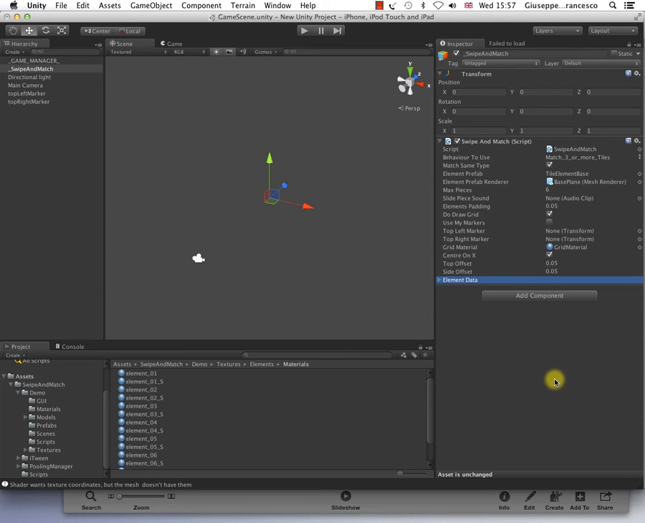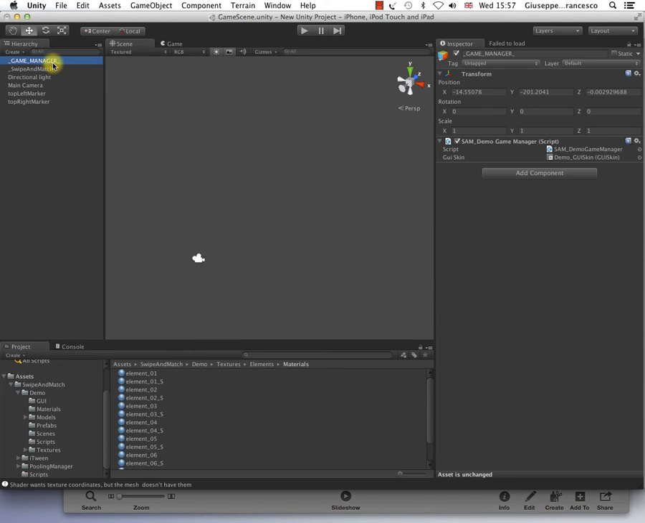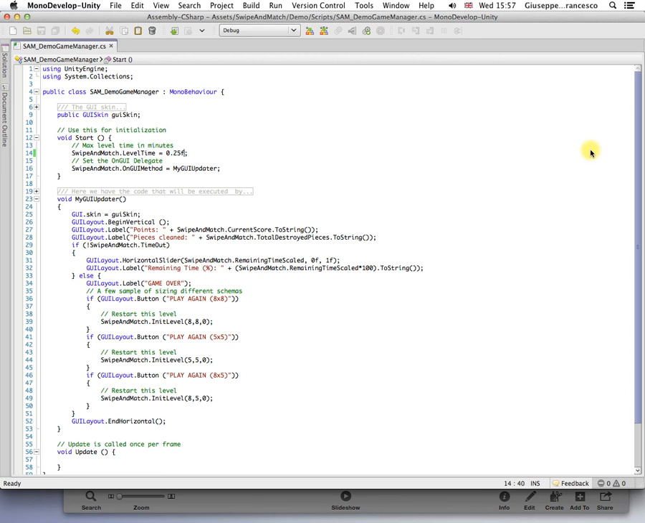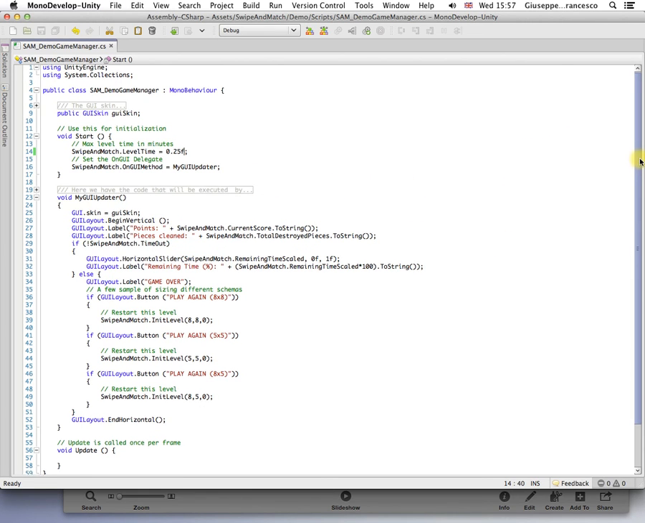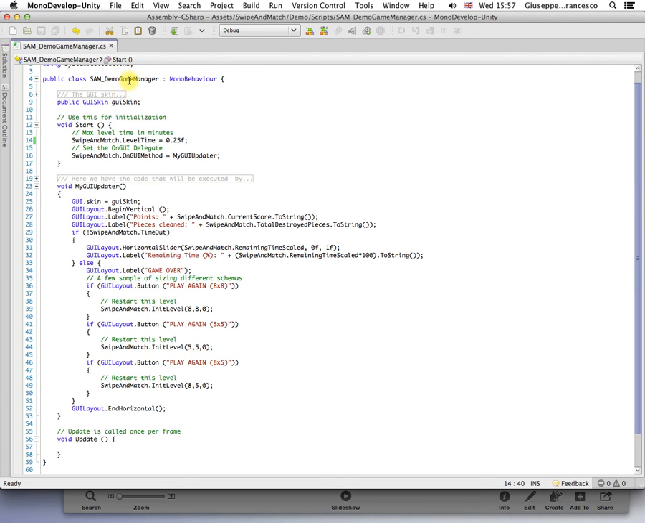The script exposes a few delegates, C# delegates, and those are quite important to use the script within your own actual game. Just let's have a look to the demo game manager to understand how these delegates actually work. Okay, this is the demo game manager. As you can see,